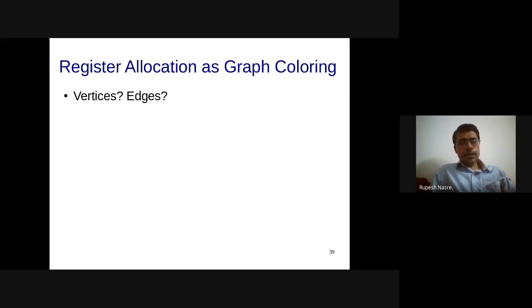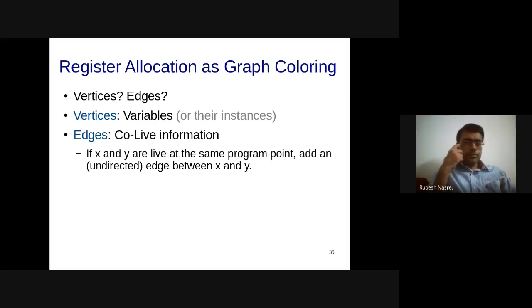Where will you get this information that they are live at the same time? Our liveness analysis that we did on the last slide is going to help us. Sometimes the variables may be directly used, sometimes variable instances might be used. For example, if you can figure out how many variables are going to be there, let's say inside a loop, you might be able to account for the number of instances if you unroll the loop, if you know the loop bound, etc. But typically it is the variable information. Sometimes in the SSA form, if the program is in SSA form, then we can talk about different instances of the same variable, A1, A2, A3, etc.